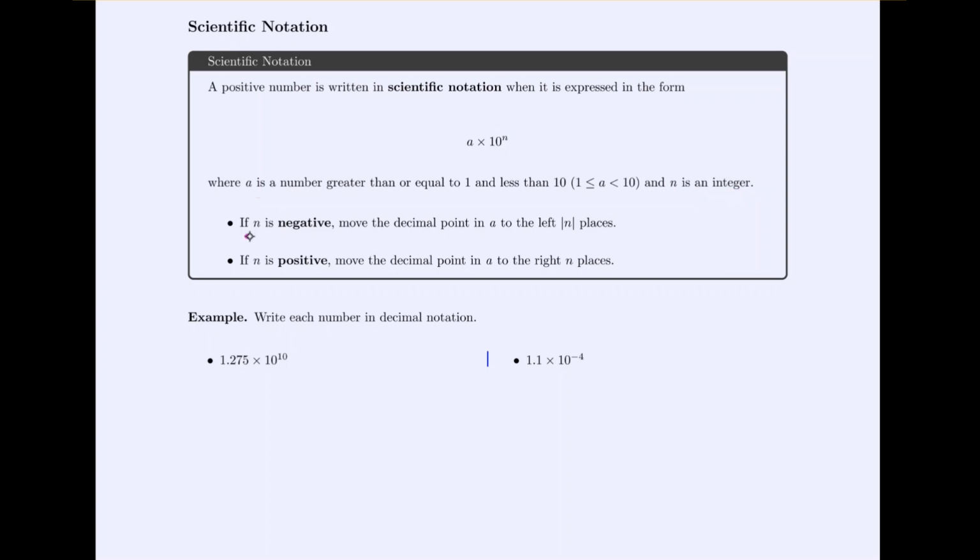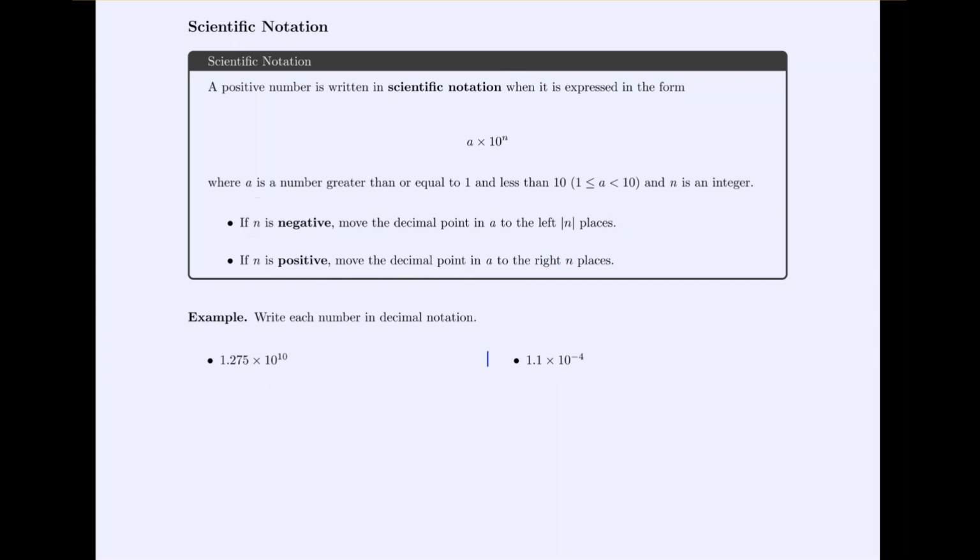Now, if n is negative, in order to turn it from scientific notation into our regular decimal notation, you would move the decimal place in A to the left the absolute value of n places. If n is positive, then you move the decimal point in A to the right n places. And I think this is a lot easier to see in practice than to say in words, so let's start